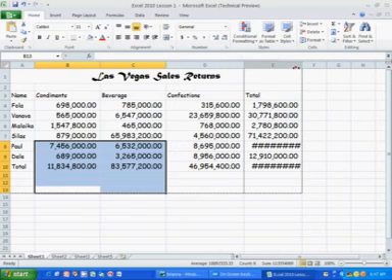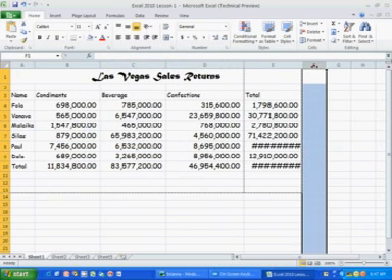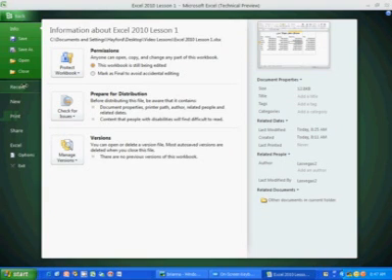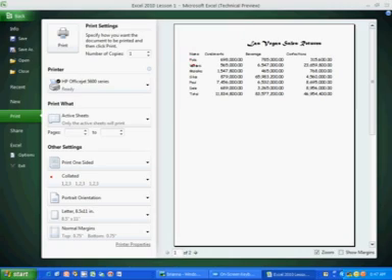Let's go to print preview and I will show you something there again. Very good. We go to Office button, we click on print. Okay, can you see this is the first column, second column, beverage column, condiment, but then one column has disappeared. Okay, this is A4 paper standing vertical. It's called portrait. You see, our data will not fit into the portrait, so we go back one step, then